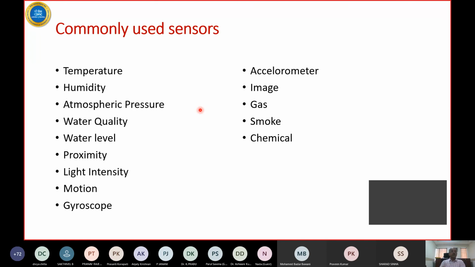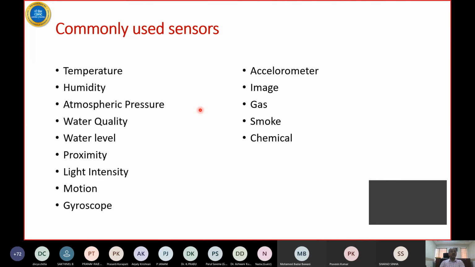Then humidity, that's another one that's commonly used in smart cities and for predicting things. Atmospheric pressure, so temperature, humidity, atmospheric pressure. This is typically what you use when you are using it indoors and outdoors and checking a few things or making the environment conducive to human beings, or collecting data over a period of time to predict the future climate or something.